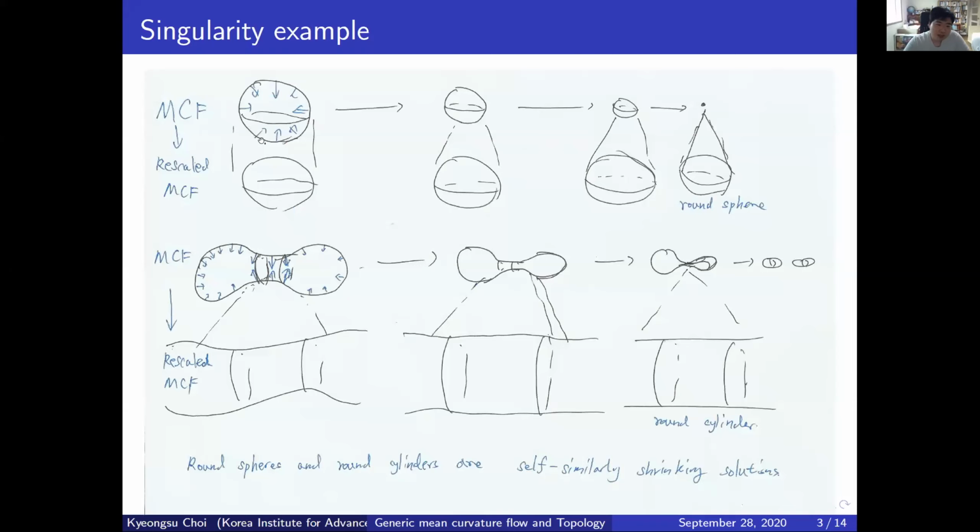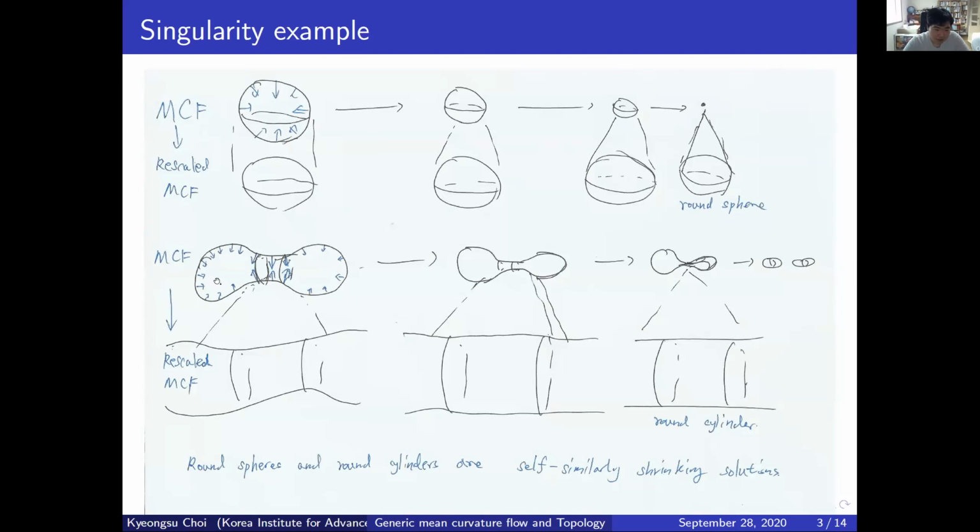When my initial data is a round sphere, everywhere I have the same speed, because the sphere has the same curvature everywhere. So it shrinks with the same speed. It remains a round sphere, getting smaller, and it converges to a point. However, to see the singularity, we may dilate the picture in this way. And then we can see that it might be just a static round sphere. We call this the rescaled one, where this is the original mean curvature flow.